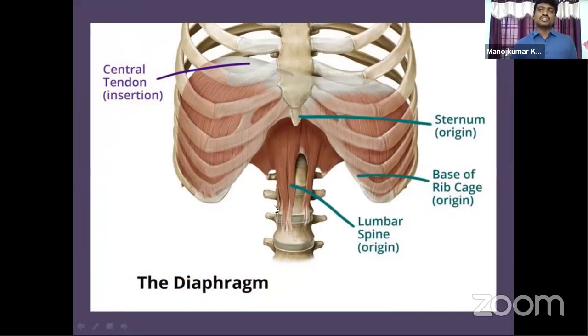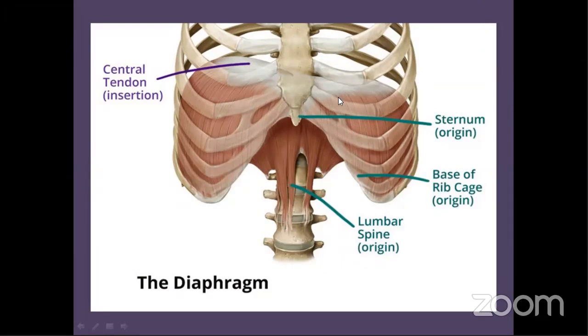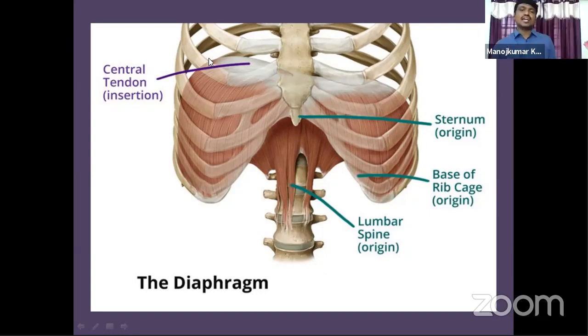Now this is another picture showing the diaphragm. It is a dome shaped structure. See here, this is attached to the rib bones, and here is the central tendon, part of the diaphragm,